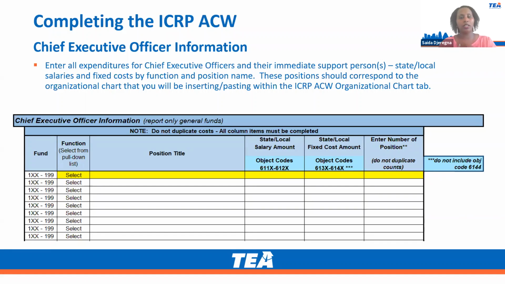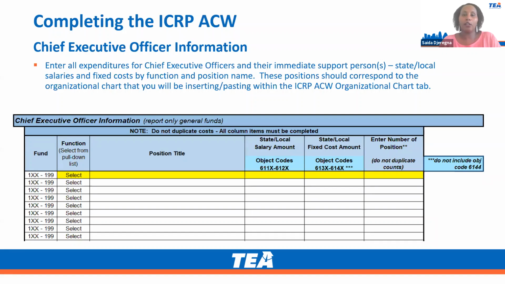In this section, the district enters costs related to the superintendent and chief executive officer within the school. The cost, facilities, and administrative associated with these positions are indirect costs when paid with state and local funds. However, when calculating the restricted indirect cost, these costs must be moved from the indirect cost pool to the modified total direct cost, or what we call the base.